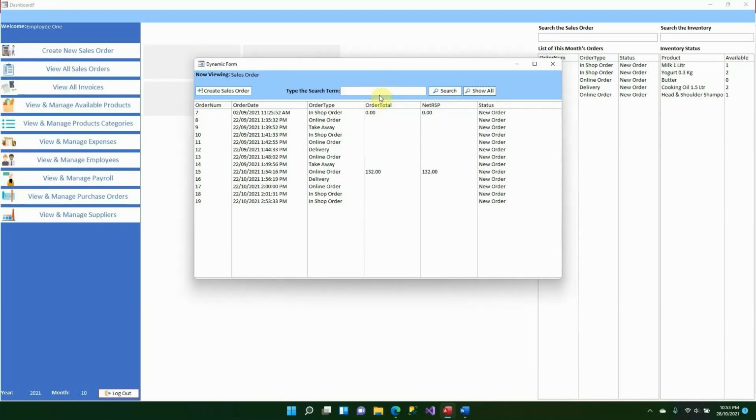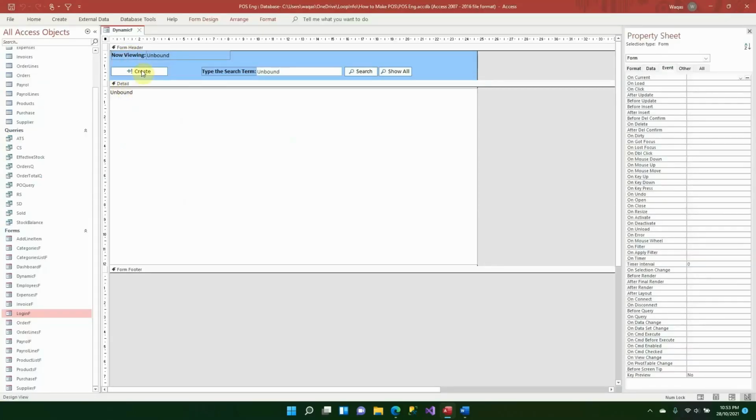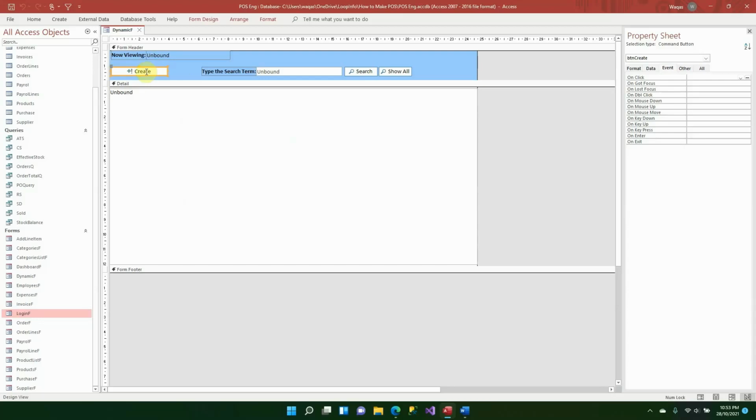Now, one more, two more things in fact. From this screen itself we can give functionality to the user to create a new sales order, rather than the user closing this, going to this button, and then being able to create a new sales order. From this screen itself we will be giving this option to the user, and to do that you have to do coding behind it. Okay, let's go to the back end of this form. We'll click here, event tab,